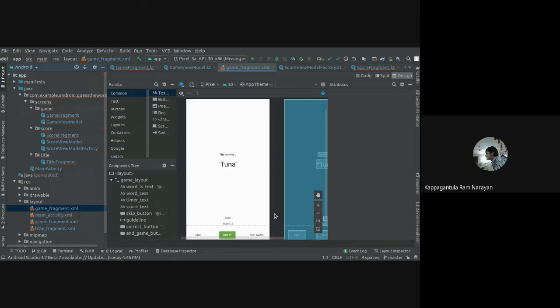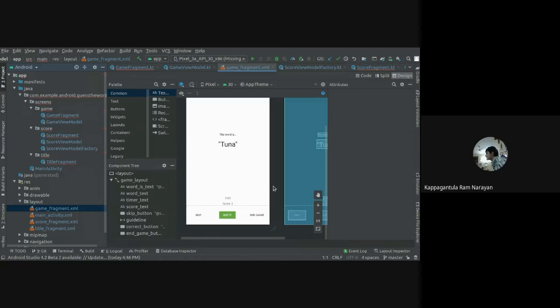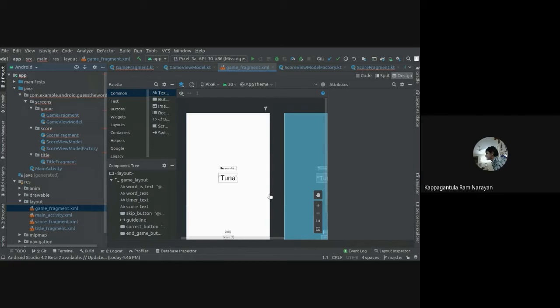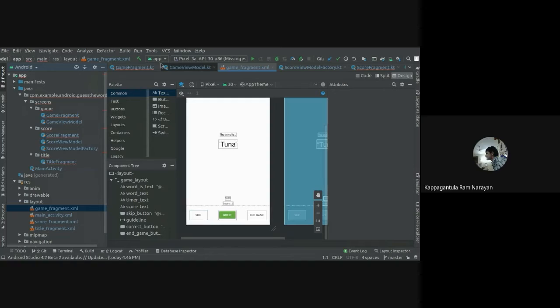The other person is going to act out this word, and once the person guesses it correctly, he's going to click Got it. If the guess is wrong, he's going to click Skip, and End Game if he wants to stop playing the game. So you have three buttons: Skip, Got it, and End Game.